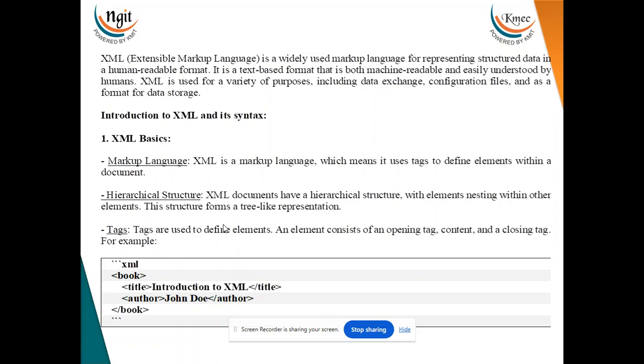An element consists of an opening tag and a closing tag. For example, here you can observe an element called book. In this, I am nesting other elements, that is title and author. This is the opening tag of the element book, and here is the closing tag of the element book. Within the book element, I am giving two other elements, title